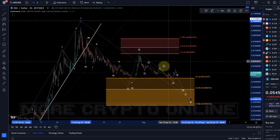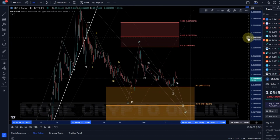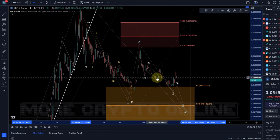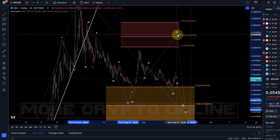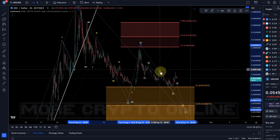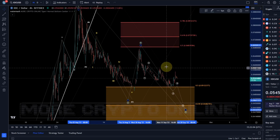However, the way I look at this structure now, it has the potential to morph and change. I can tell you very clearly that the way this looks, this could form into a more extended B wave, because it's not following through as it should to the downside in this C wave. Well, it's not invalidating anything. It hasn't broken above any previous high. But if it breaks above the